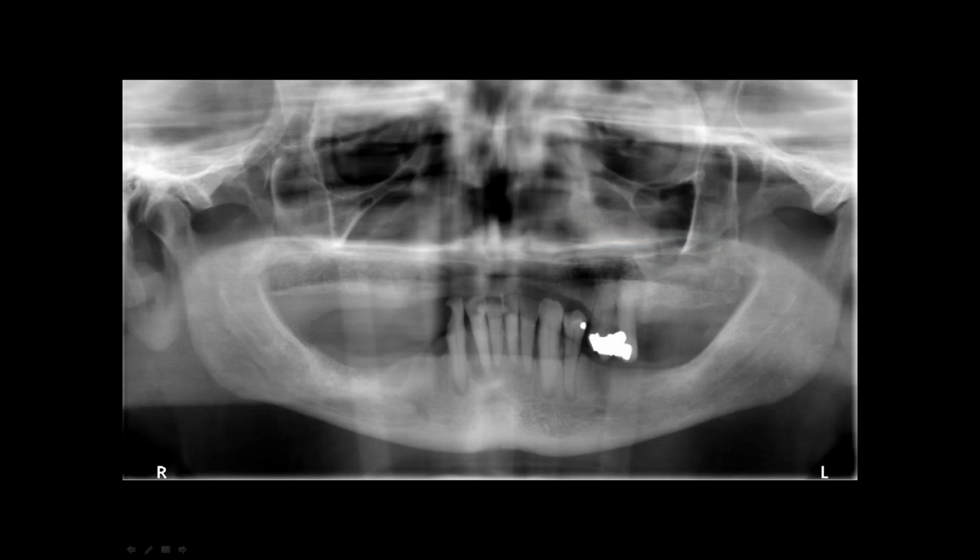Just looking at the 2D image, we can see the recurrent decay in these teeth, but also we can see the periapical lesions that we definitely want to clean out very well before we place any type of grafting material. So this gentleman's treatment plan was to essentially extract all the teeth, level the bone, remove any granulation tissue or infection, grind the teeth down, and use them for a graft, as well as place 2 implants in the canine